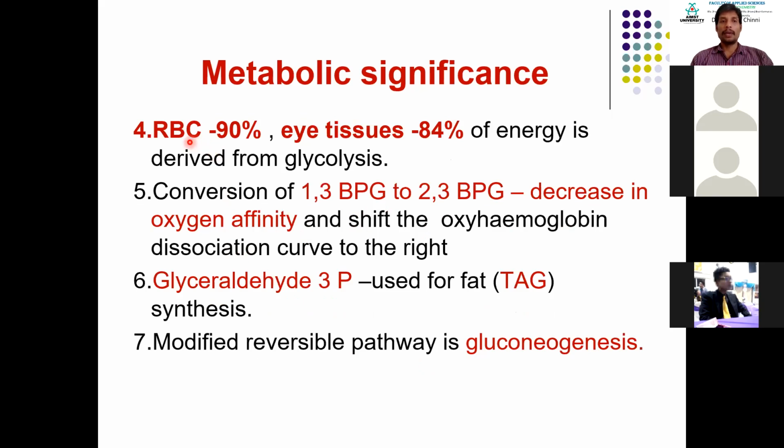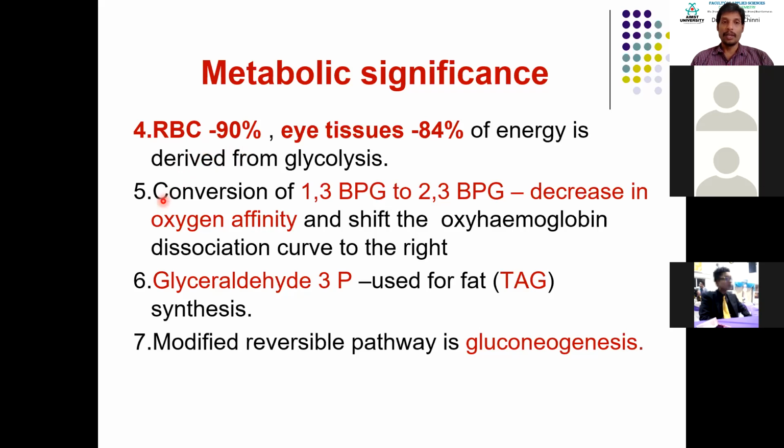And in RBCs, 90%, and in eye tissues, 84% of the energy is derived from glycolysis. This is another very important point: red blood cells. The main way of getting energy for RBCs is glycolysis, because they do not have some components of the cell, like the nucleus and mitochondria, so they will not undergo aerobic respiration. So glycolysis is the major pathway to get energy for red blood cells,